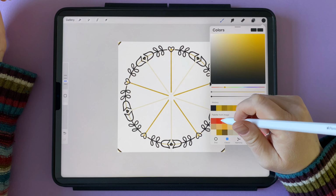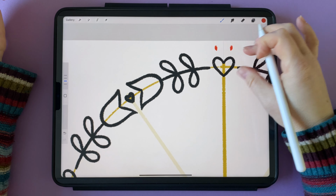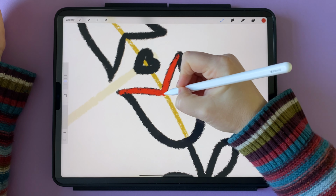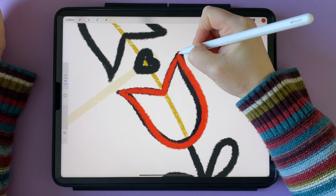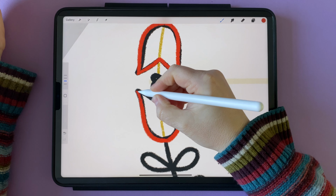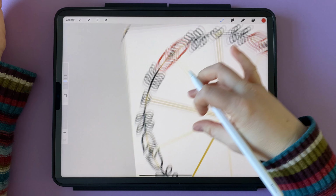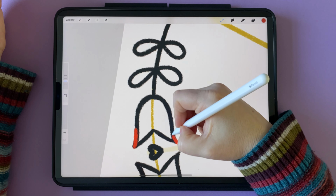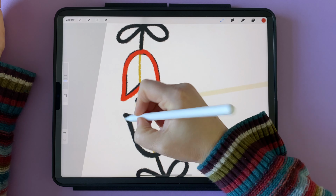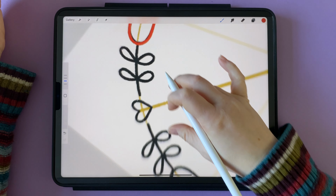So I'm going to choose a red colour for these tulips, and just make sure I've got symmetry turned on, and we can just go ahead and draw these tulips in now. You don't have to worry about keeping this completely symmetrical. The whole reason that it's nice to draw each one of these by hand is that you still have the nice spread and the nice balance, but you maintain the hand-drawn look, because not everything looks completely symmetrical, and that's the thing that I like. So we just draw one half of the design in,